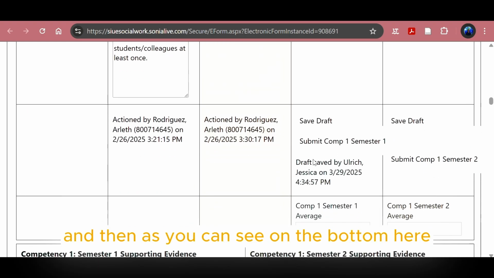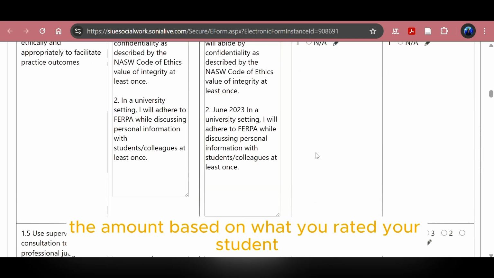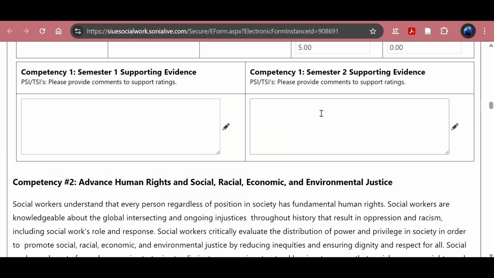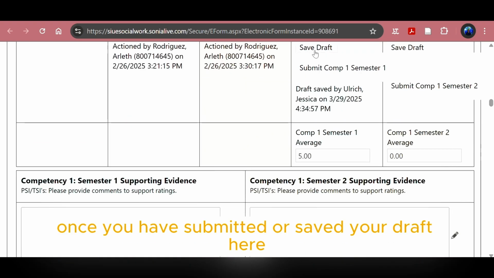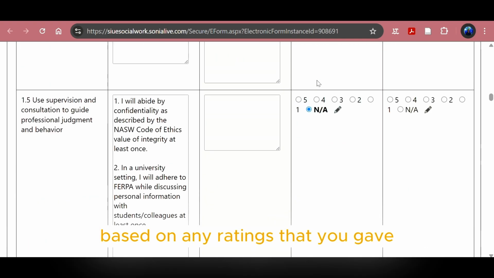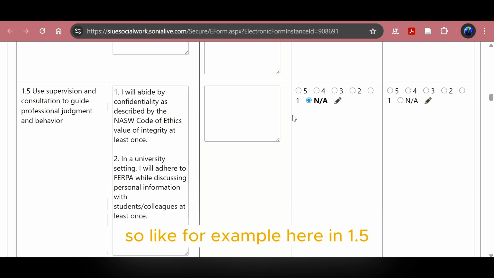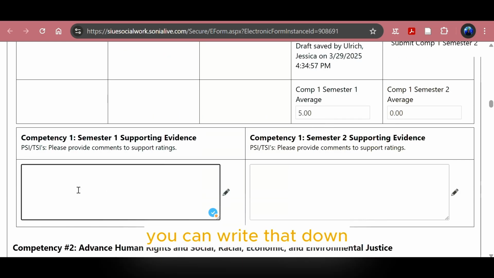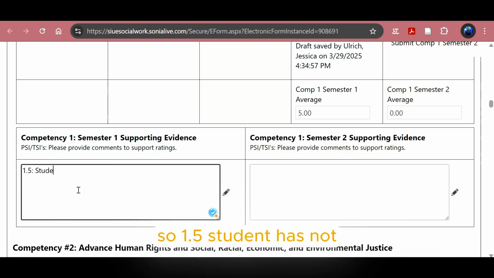And then, as you can see on the bottom here, it averages out the amount based on what you rated your student. And then furthermore, down here, once you have submitted or saved your draft, based on any ratings that you gave, for example here in 1.5, since they have not had a chance to complete it, you can write that down as a reason that they were not able to. So 1.5, student has not